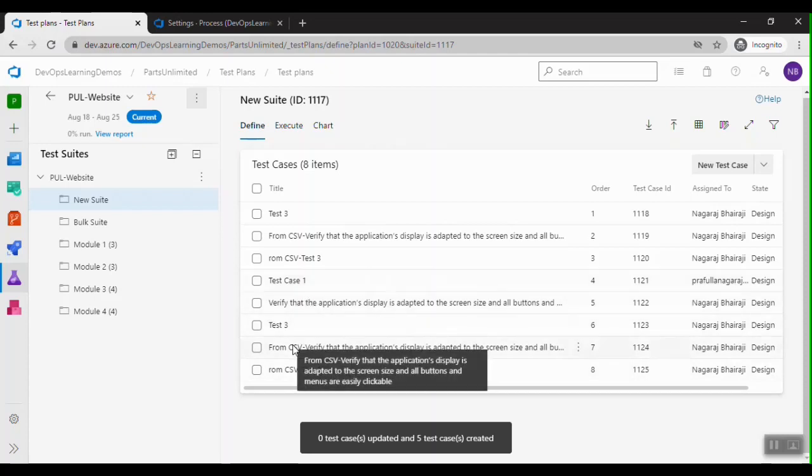So we saw how to export and import bulk test cases, how to update existing test cases and create new test cases. And also we saw what scenarios and data are supported, and what scenarios or data values are not supported for this export and import, particularly the import functionality.